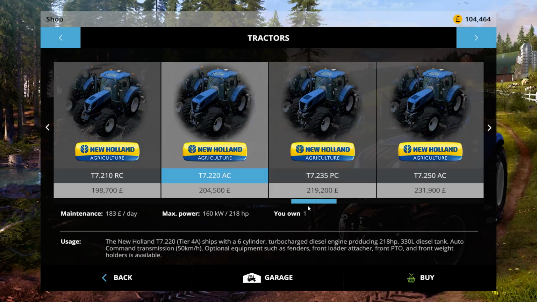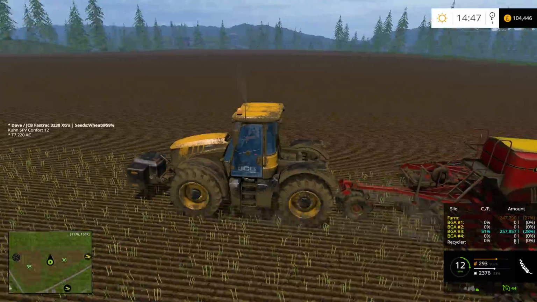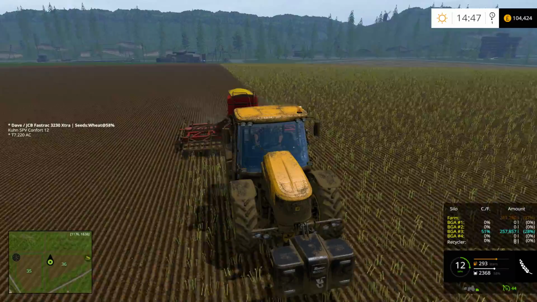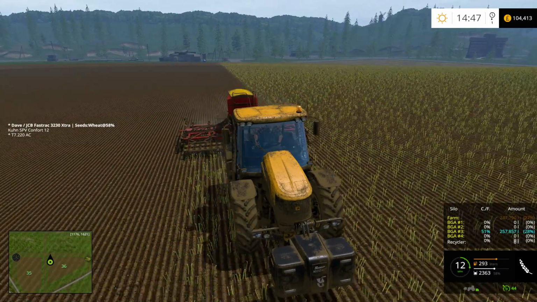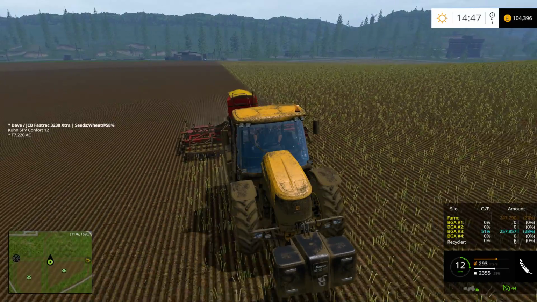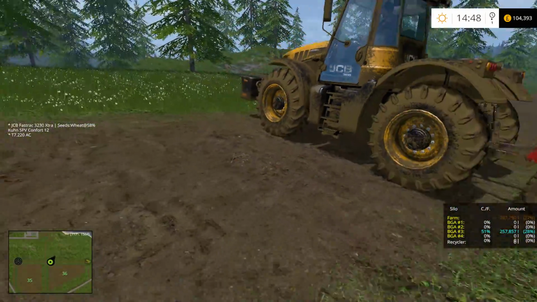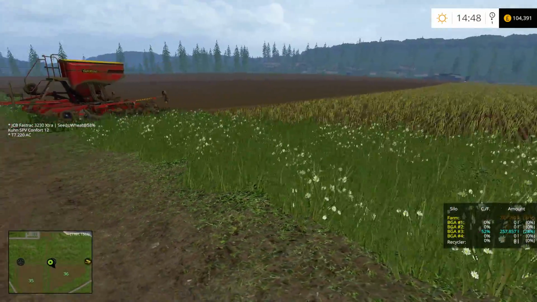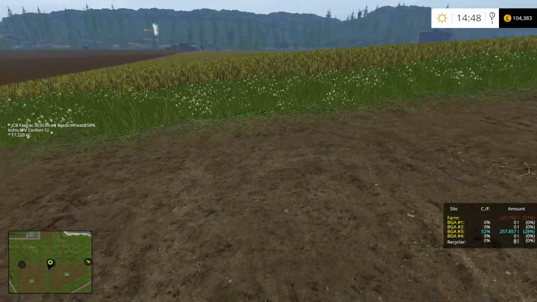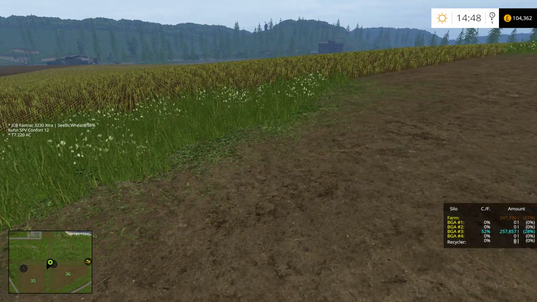So that's the one. Oh, and I bought the, you've just seen it, haven't you, on the drop? I bought the little new JCB. Might have mentioned it before, but I accidentally drilled some sugar beet in the middle of the maize field, which is up by the biogas. So I bought the smallest topper and beet harvester, the trailed one,